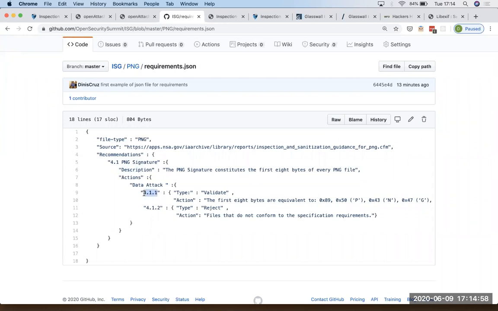So that when we look at writing tests and specific sets of use cases, we can reference and say, look, the reason why we're validating this is because we're following the 4.1 PNG 4.11 validation sequence, or the reason why this file got rejected is because